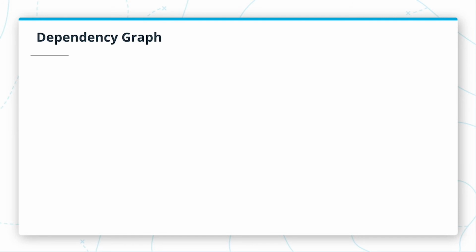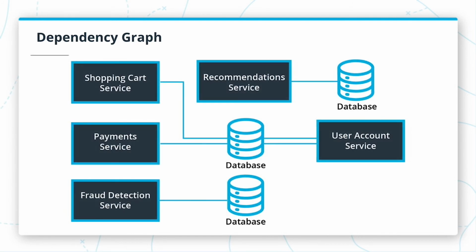In addition, the original system diagram included databases. Even though it's not captured in the dependency graph that I built, it's important to consider the technology, size, and complexity of these dependent databases. Even if a service has no dependencies, it may have a huge shared database that can make it difficult to refactor.